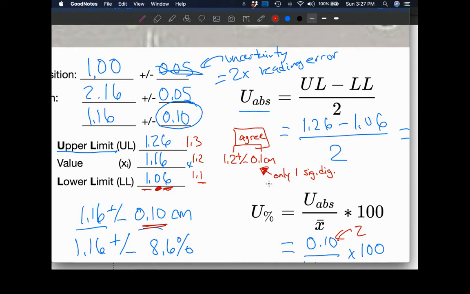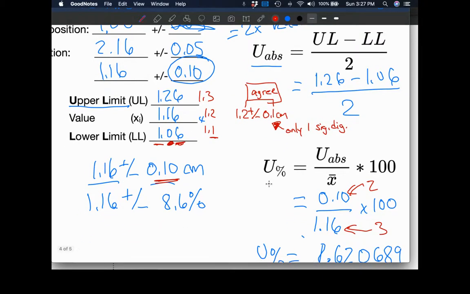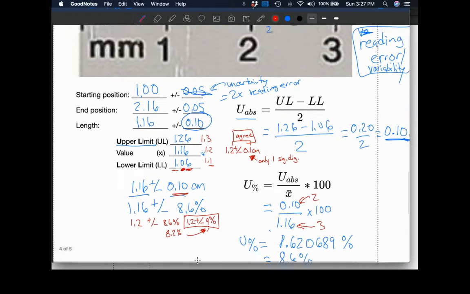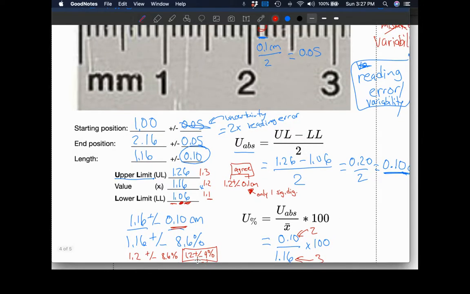Now, what does that mean for the percent uncertainty? Well, we could leave it. We could still say it's 1.2 plus or minus 8.6%. Or we could give an overestimate and say 1.2 plus or minus 9%. The beauty of keeping this at 1 significant digit, which it should always be, is that we always want to overestimate. So if it were 8.2%, we would still say 9%, because it is more honest to overstate the uncertainty than it is to understate the uncertainty. Wow, that's a lot of information for you there on analog uncertainty and the different types.